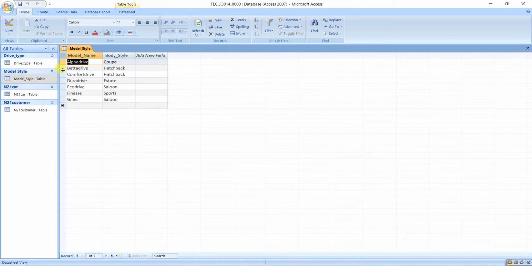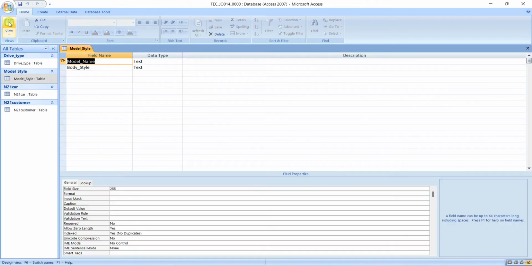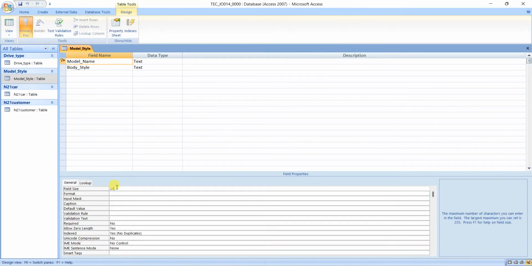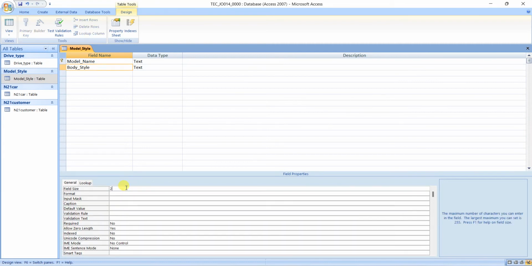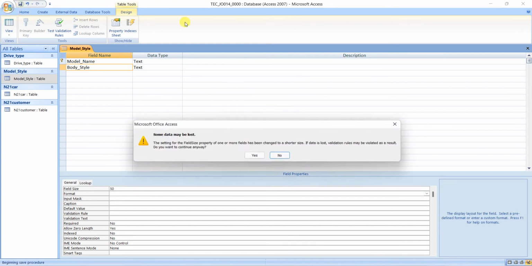Nothing about model style, I will not do anything. So I can just make the field size as 50, and here for the body style also as 50. No need for the 255. Then